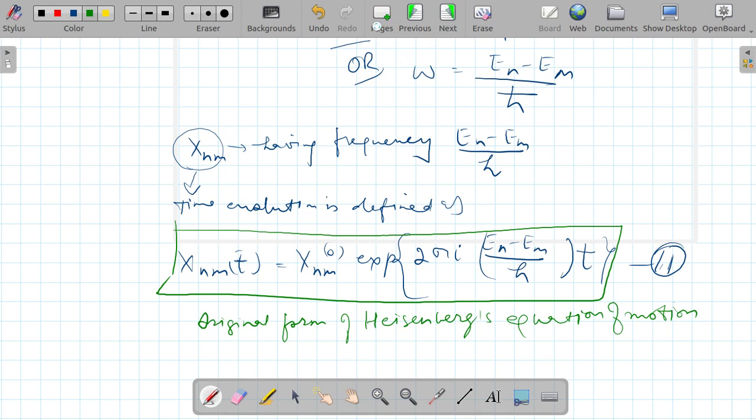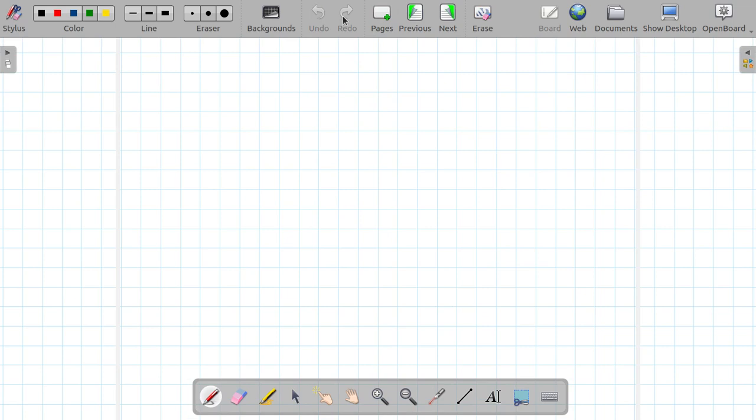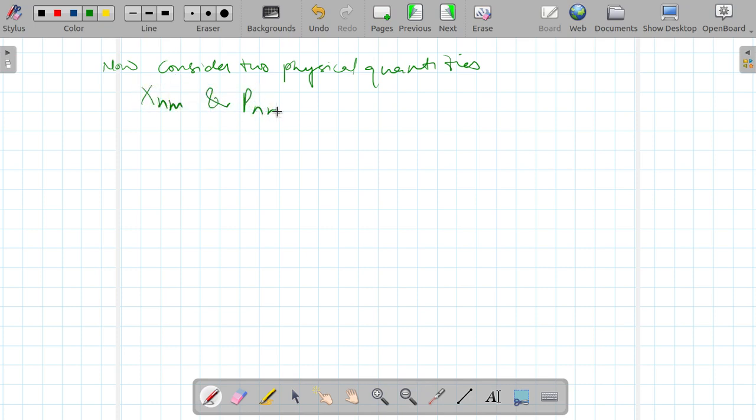Now, what I will do, now consider two physical quantities: one is x_mn and another is p_mn. One corresponds to position and another corresponds to momentum. And the product of these two quantities